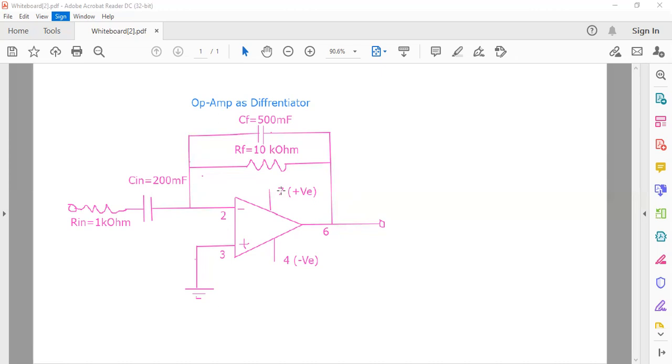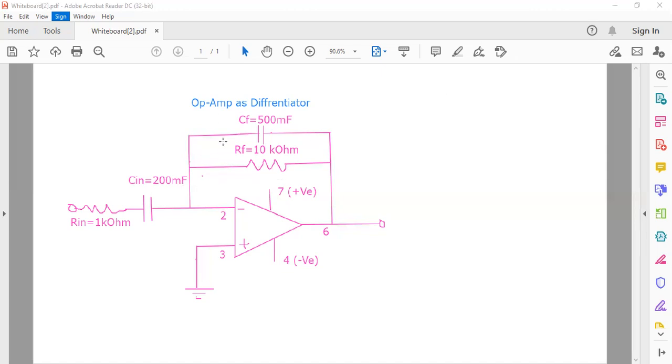At high frequency, the gain of the differentiator is very high. Thus, to avoid this, a resistance R is connected in series with the capacitor, and a feedback capacitor is connected in parallel with the feedback resistor. This is the reason behind it.